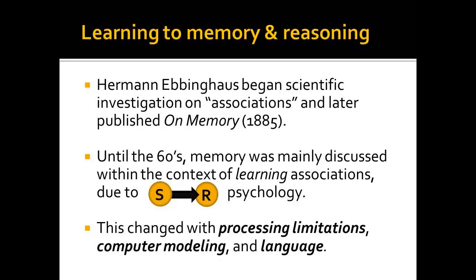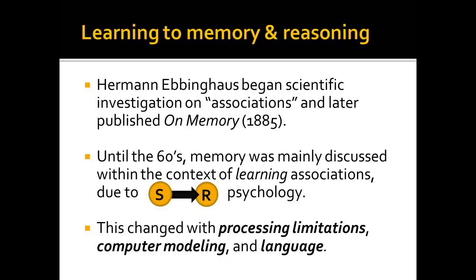Now, as we know, it wouldn't be long before behaviorism would push this line of research into the background. When behaviorism stepped in, psychological research focused on observable learning rather than internal learning of associations. Now, any kind of research on memory, if done at all, was therefore always conducted within the context of observable learning. With the end of behaviorism, the term memory starts popping up again in the scientific literature.